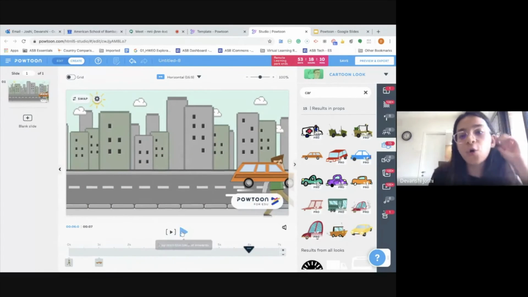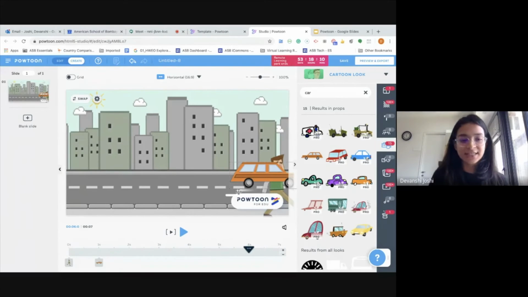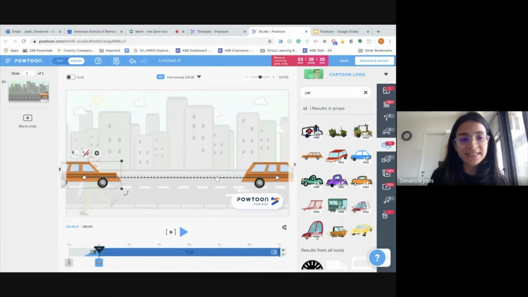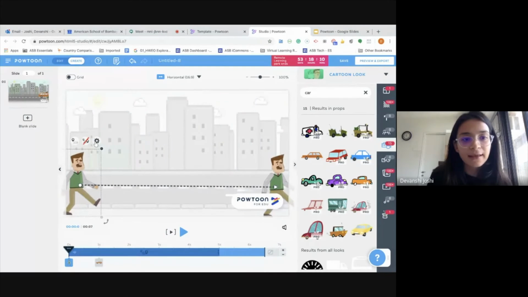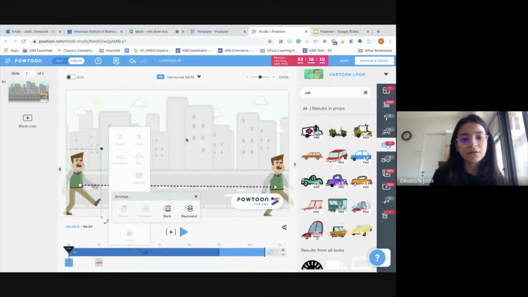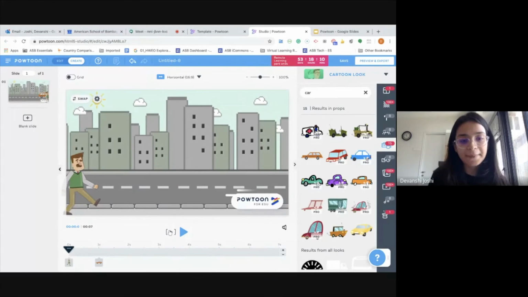You could also go ahead and arrange this. So it's like a layer. So I can just tap on my object. I can tap on settings, arrange, and put the car back. Or I can alternatively tap on the character and arrange him to be in the front. Okay. And now when I play,